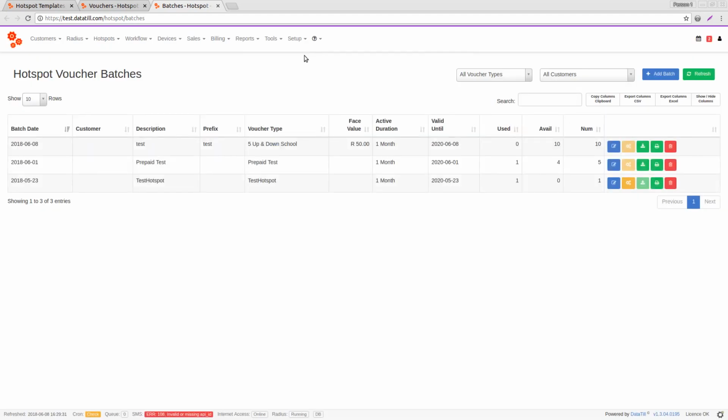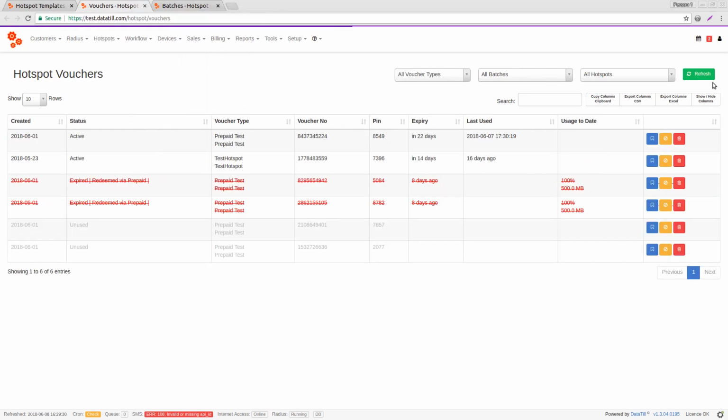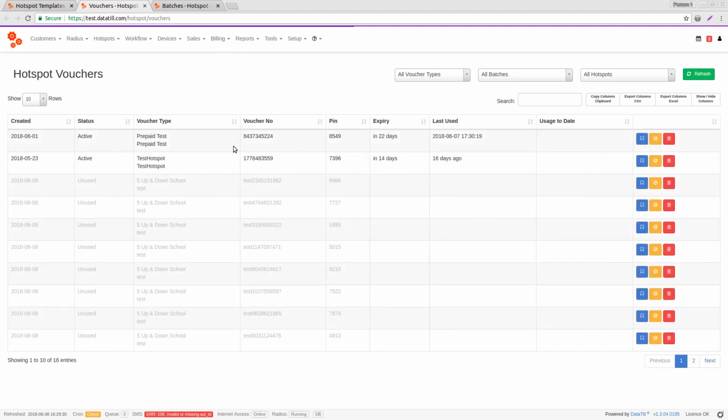As you saw there for split, it generates 10 batches as I've only allowed it to generate 10. It shows you how many are available. And now when you go to vouchers, you will see here is